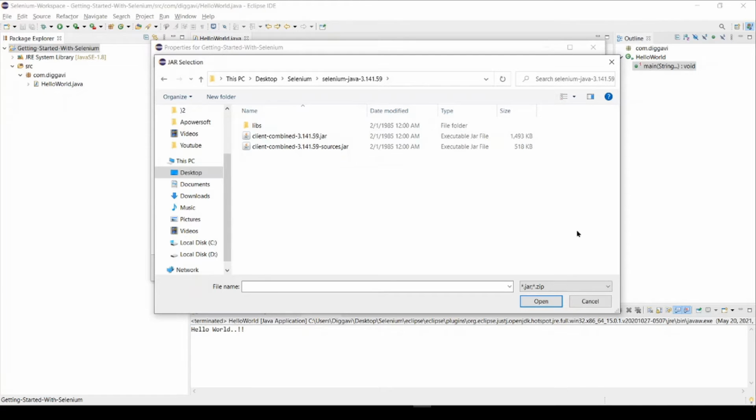But I think the better way is to keep all these jars available in our project itself, so that when we save it somewhere, it will be saved along with the jar file.